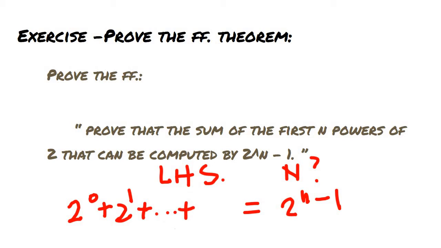So you'll have powers of 2 equal to 2 to the n minus 1. But what is this n? This n can be considered as